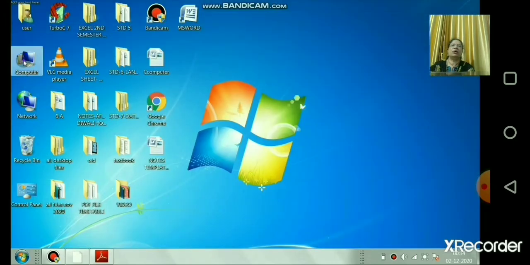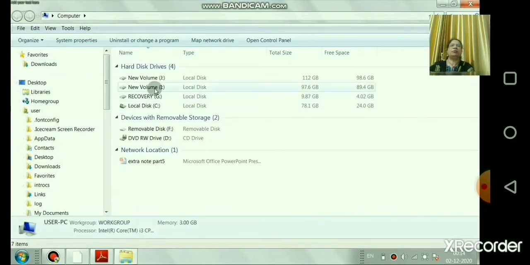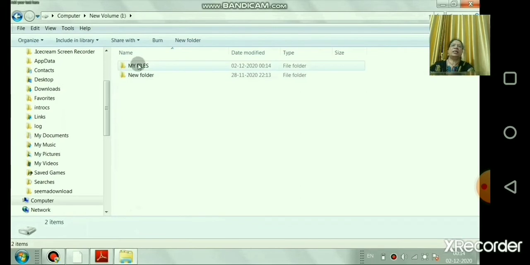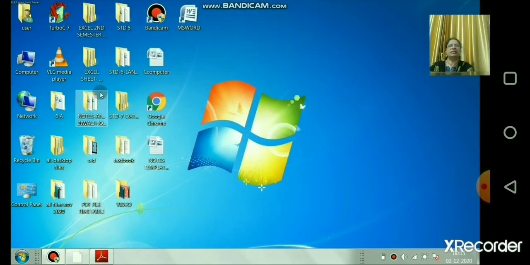My Files. Okay. Now click on My Computer and click on the I drive. Remember we have created a folder and subfolder in the I drive. Can you see My Files is a main folder, in that we have created 5th A as a subfolder. Yes children, understood now, folder and subfolder. You can create as many subfolders as you want.